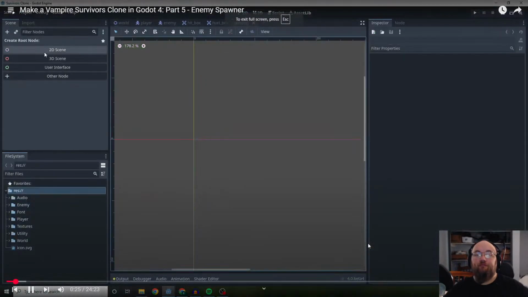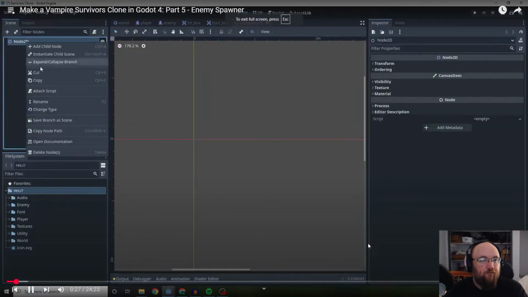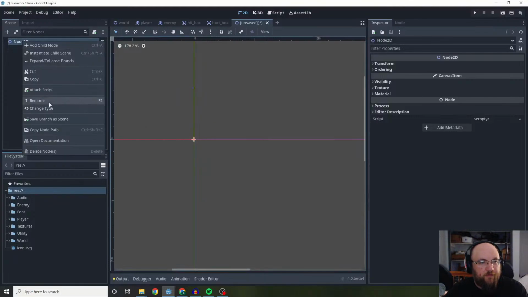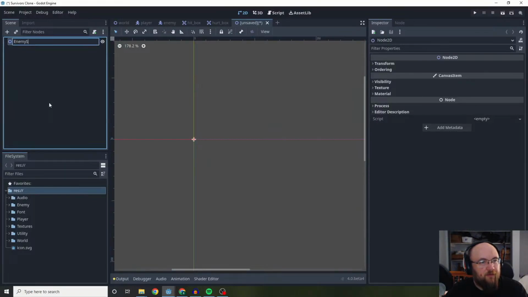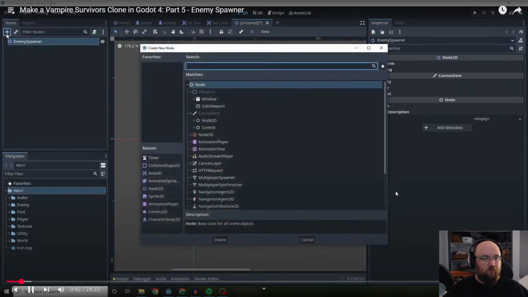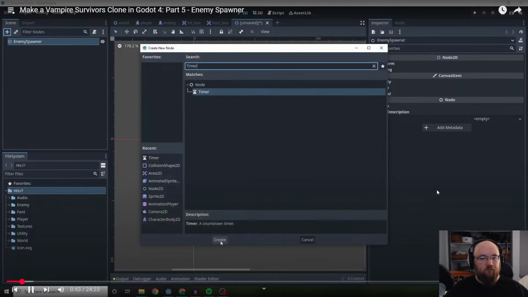off by creating a 2D scene. I'm going to be renaming this to, I'm going to just get my resources up, enemy spawner, and I'm going to be adding a timer to the